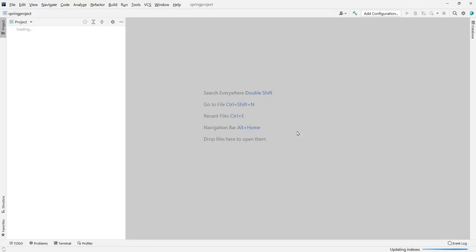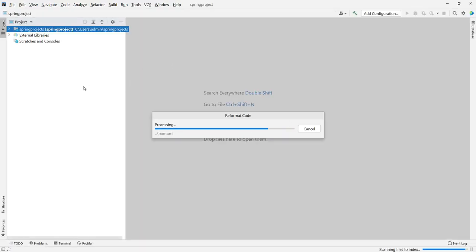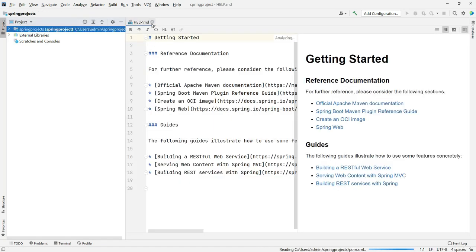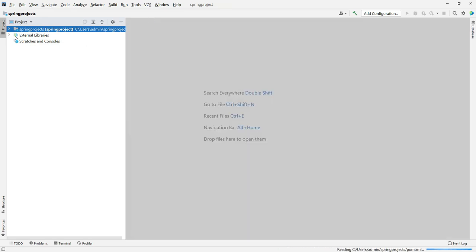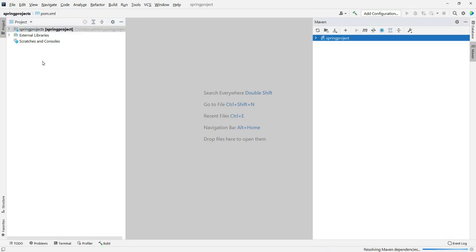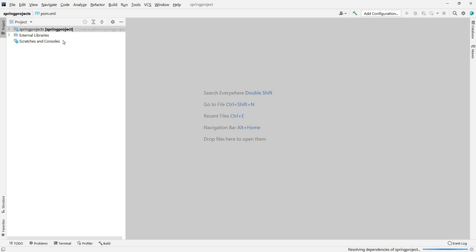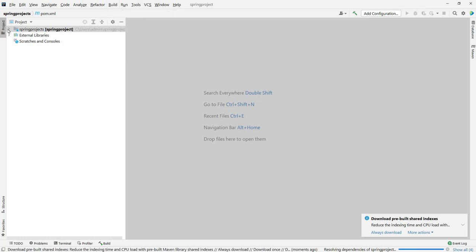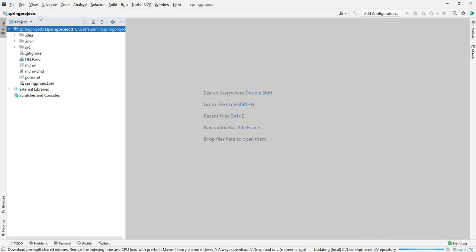Once we have done this, it is going to create a new Spring Boot project inside your IntelliJ IDE. So we can just close these unwanted windows. Now let us see the folder structure, how it is created. I'm just going to minimize this. The first time whenever you create a new project, try to rebuild this project so that all the updates will be added. So click on Rebuild Project, and the pom.xml also gets updated successfully. Let me expand. It is still rebuilding and updating my project. Once it is done, you can just go through the folder structure.